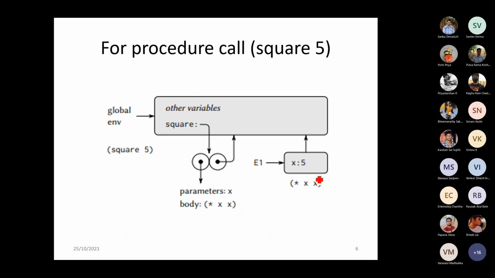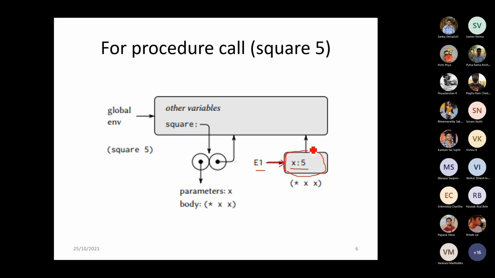So whenever there is a procedure call happening, we will create a new frame. The new frame is nothing but a rectangle box. We are naming this rectangle box because this is a named procedure. So we have a name allocated for this procedure, and we are naming it E1. E1 here just represents Environment 1, where x has been assigned the value 5. So now you have a frame assigned where x has been allocated the value 5.